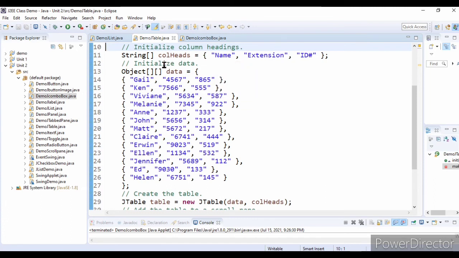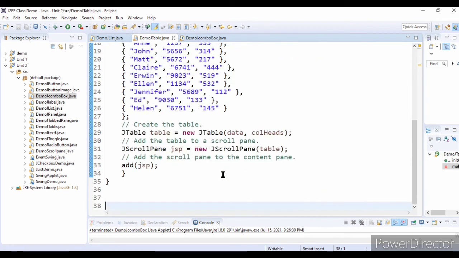Next we are initializing the data for these column headings. This data is of type object array, a two-dimensional array. The name is Gale here, extension is 4567, ID is 865. Like that we have created the data for the columns. Next we are creating a table here.